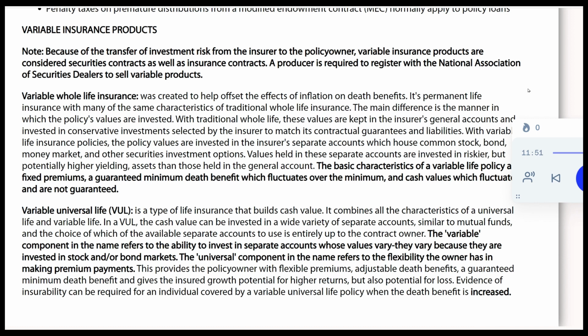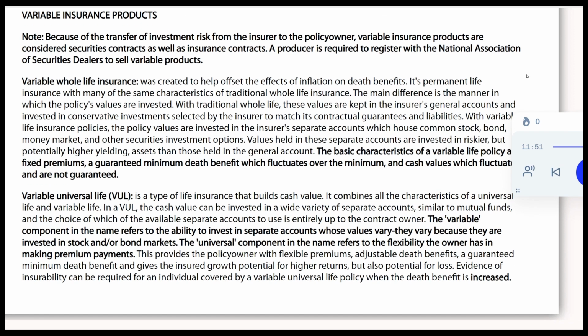The universal component in the name refers to the flexibility the owner has in making premium payments. This provides the policy owner with flexible premiums, adjustable death benefits, a guaranteed minimum death benefit, and gives the insured growth potential for higher returns, but also potential for loss. Evidence of insurability can be required for an individual covered by a variable universal life policy when the death benefit is increased. North Carolina Life and Health